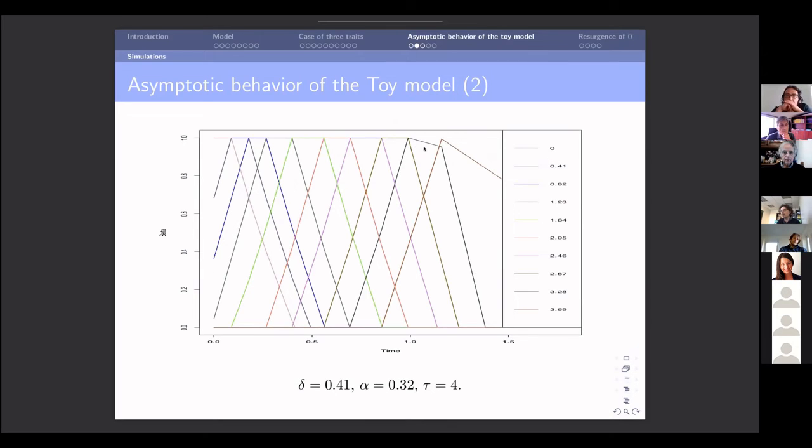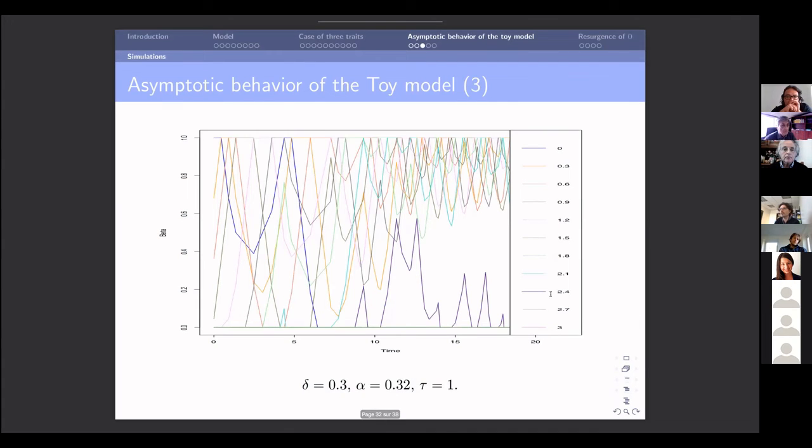And at some point, you have actually no more exponents are going to be of order 1, which means that actually we are going to extinction of the full population, because all the population densities become negligible with respect to k. So this looks like evolutionary suicide. And at the end, all exponents are going to converge to 0 actually. And for other choice of parameter, you can get something which is much more complicated and which looks like something chaotic or whatever, I don't know. But of course, the dynamics is quite complicated.